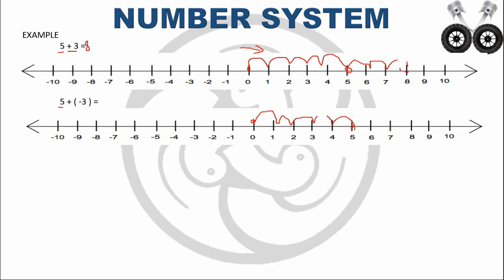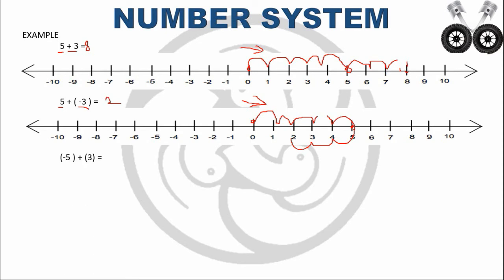What is the operator here? It is the positive operator. So we have to look in the positive direction. What is the next integer? It is minus 3. That means we have to move in the backward direction. What is the backward direction? It is the negative direction. How many steps do we have to move? We have to move 3 steps. So from here we move 3 steps. 1, 2, 3. So I will reach the integer 2. So the answer here is 2.